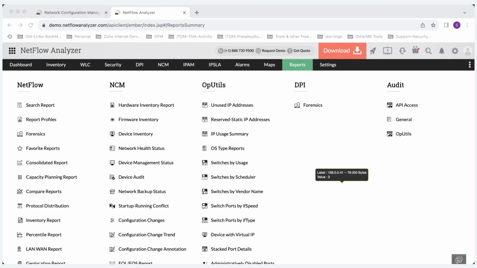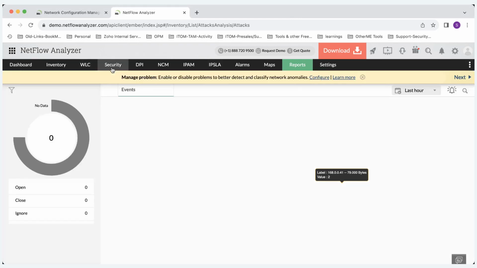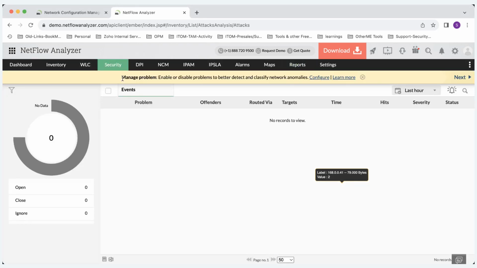So talking about the ASM module in NetFlow Analyzer, let me click on the security. Let me give you the theoretical explanation of the ASAM, Advanced Security Analytics module. So what it does is,